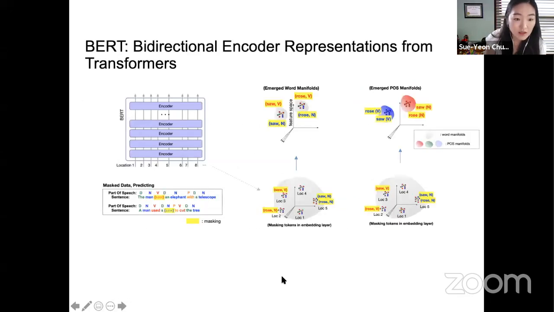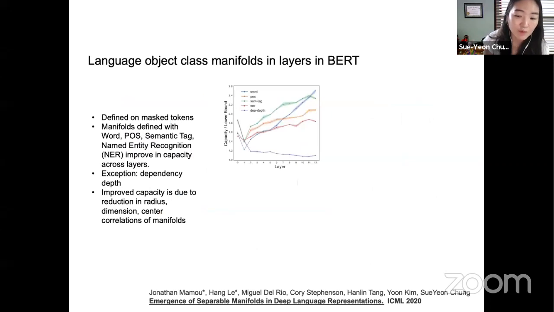And then lastly, similarly, you can also use this technique to probe the internal representations of the language models. So here is our first attempt at doing a proof of concept kind of work on probing how language manifolds might emerge in transformer networks, where initially the input sequence has masked data, and the network is trained to predict the token that's been masked, and you can see that across the course of the layers of the transformer architecture